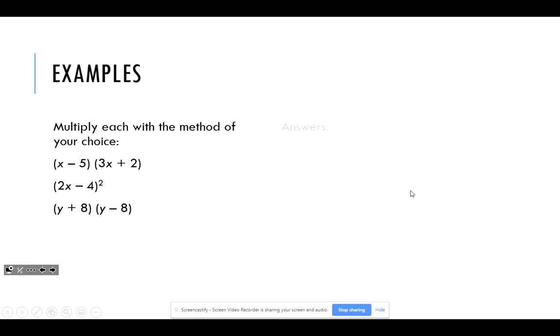For the first one, x minus 5 times the quantity 3x plus 2, we have 3x squared minus 13x minus 10. For the second one, it's important to remember to write this out. We cannot back distribute this 2 like we did in previous lessons with the rules of exponents. And mainly because of this minus sign right here. What we need to do is write this out longhand,